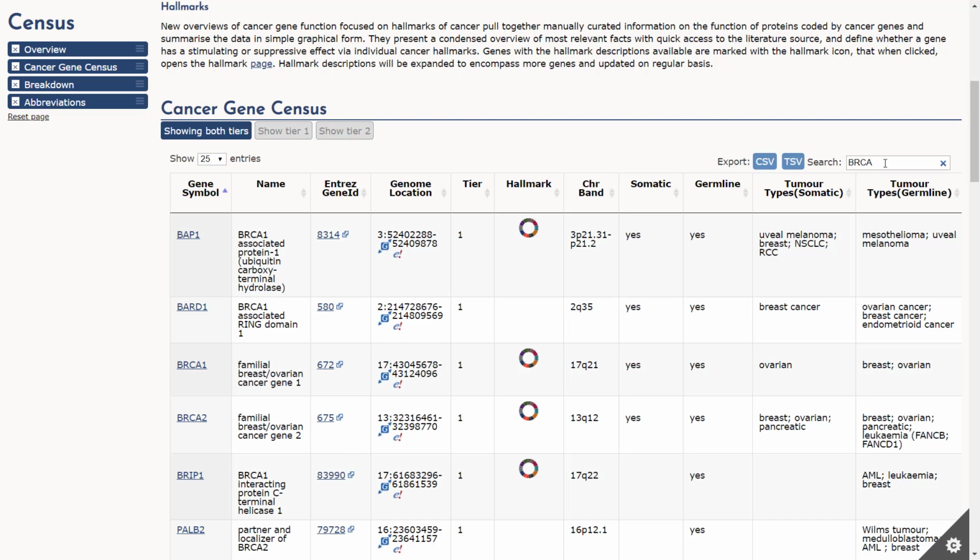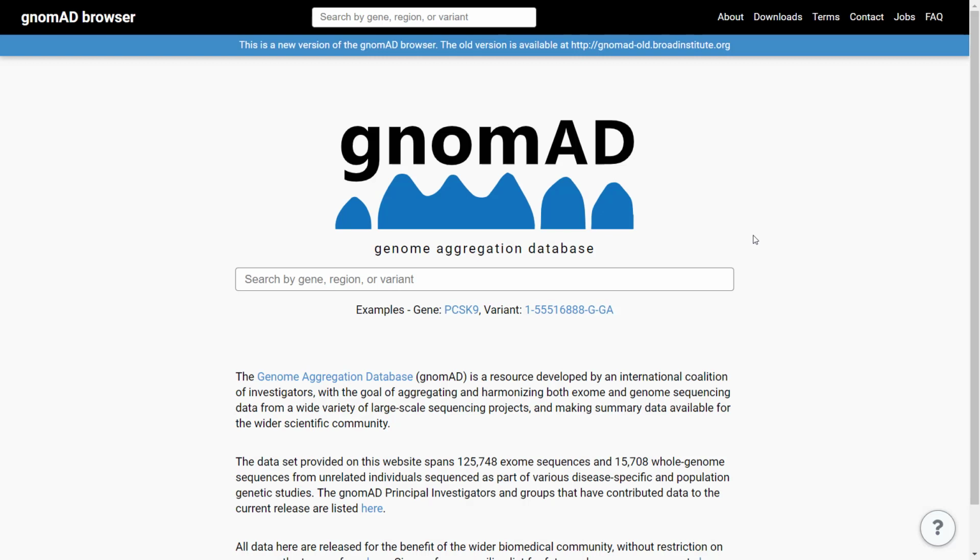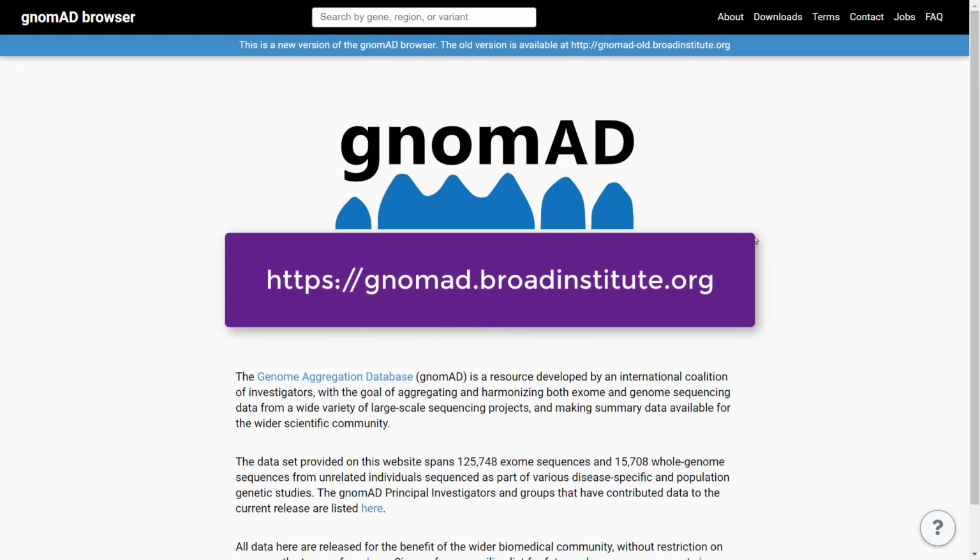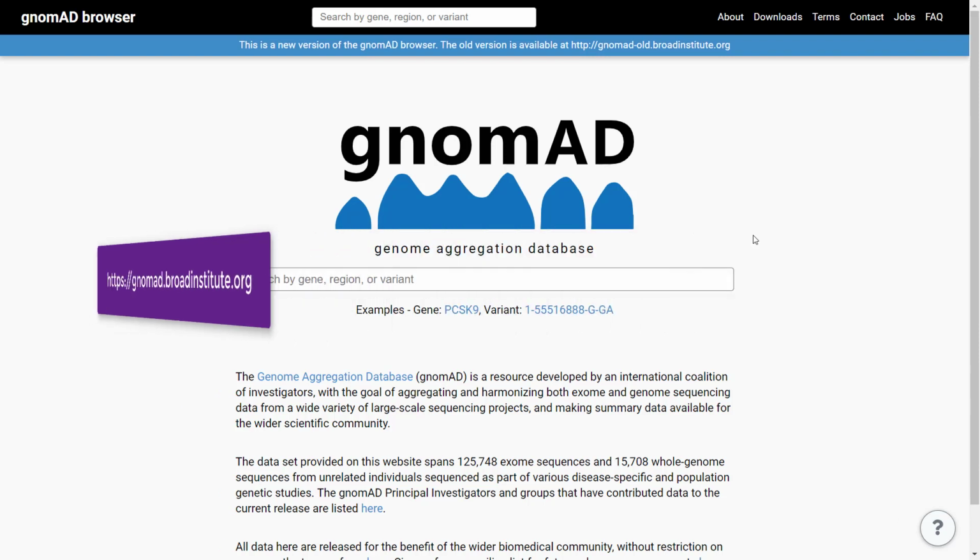Where can we find information regarding frequencies of specific variants in the populations? The most important available resource today is the gnomAD site, developed at the Broad Institute. gnomAD is a resource which includes sequencing data contributed by a large number of researchers worldwide, with the goal of aggregating exome and genome sequencing data, making summary data, in particular allele frequencies, at each position in the genome publicly available for the scientific community.